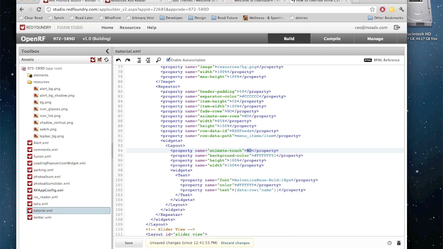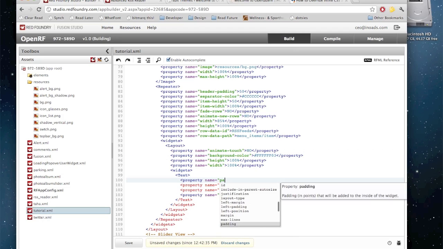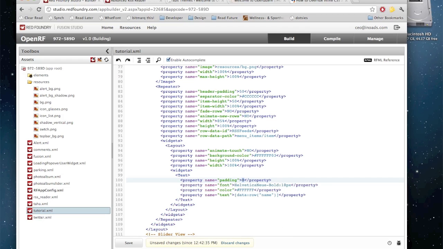So animate touch, no. Background color, change a bit to 3 maybe. Maybe we'll see something then. And the padding to the left, so left padding 20, 10,